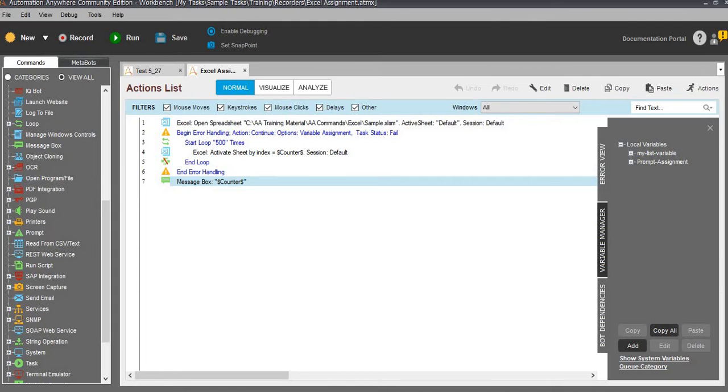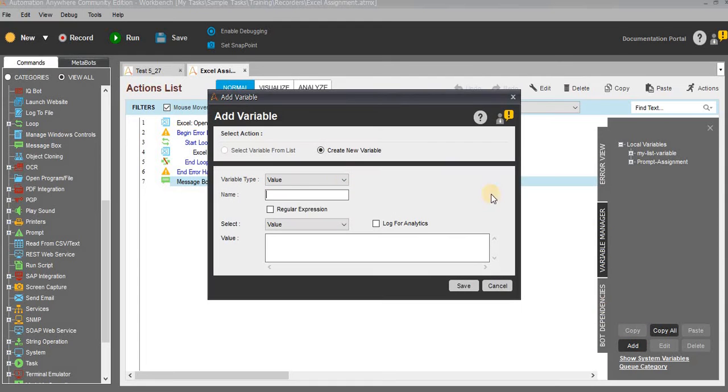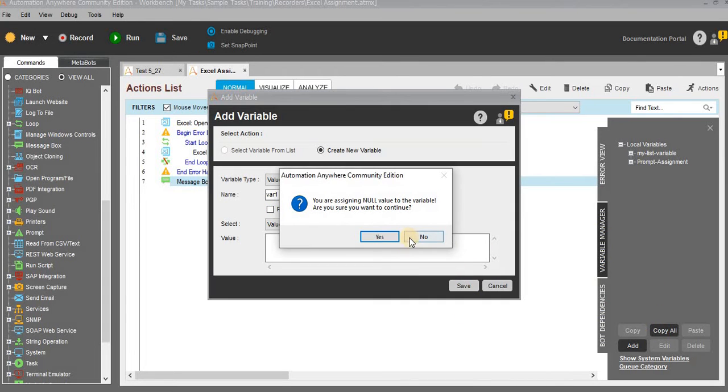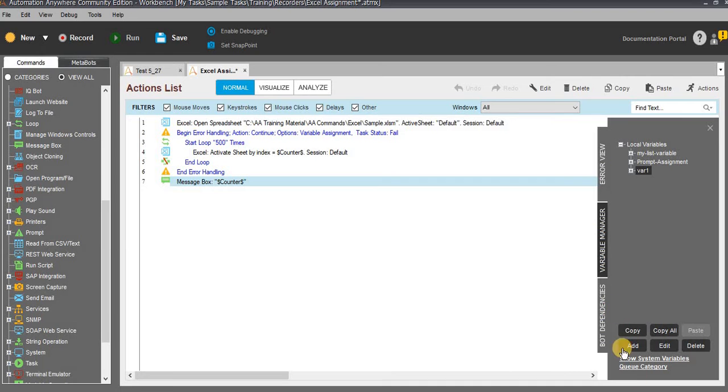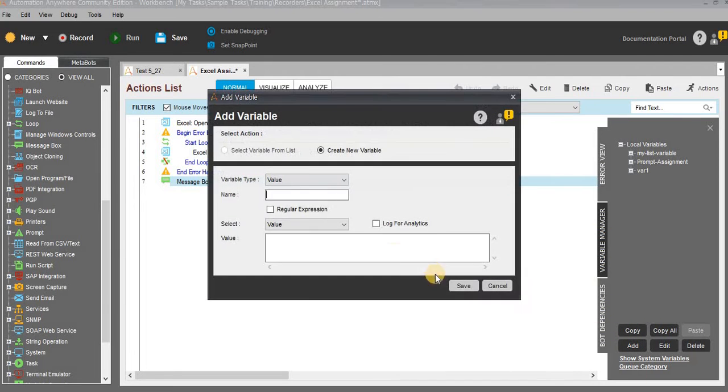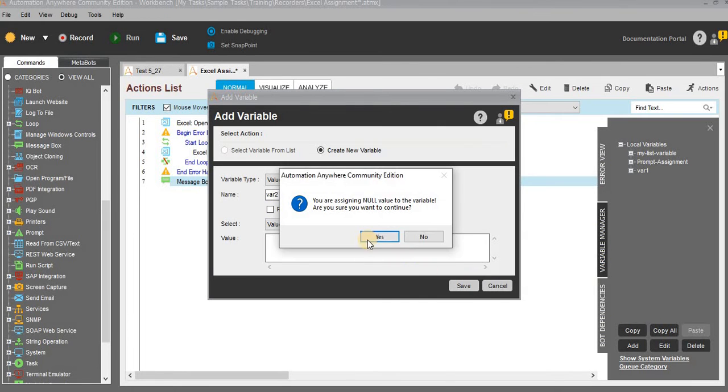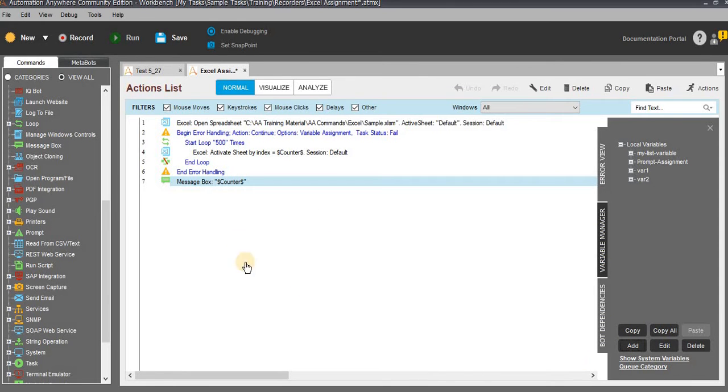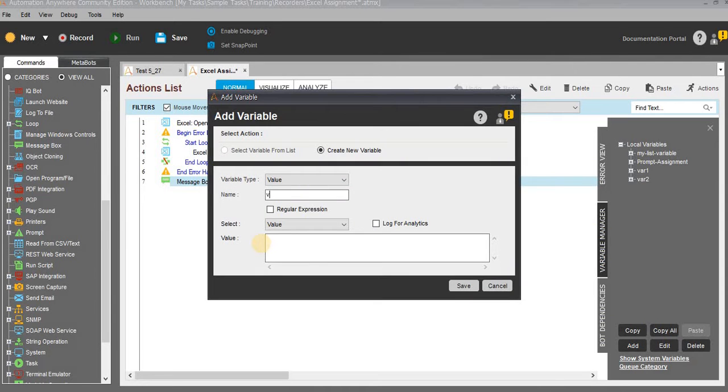So let me use the variable operations. Just click on add variable 1. In the same way I will add multiple variables, 3 or 4 variables, so each and every time I don't need to come and add variables again. VAR1, VAR2, and I will add one more, VAR3. This is just for example, I have named them VAR1, VAR2, VAR3.